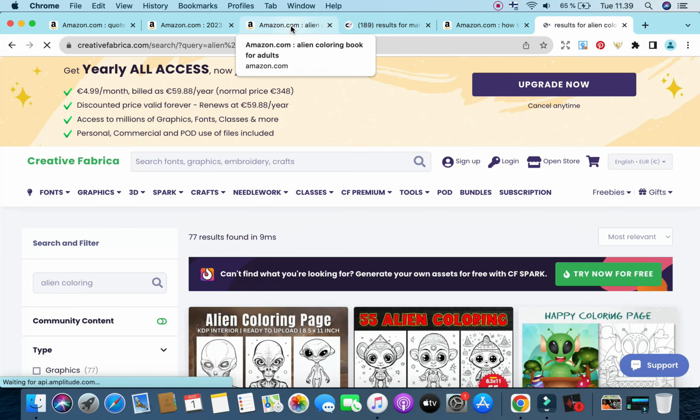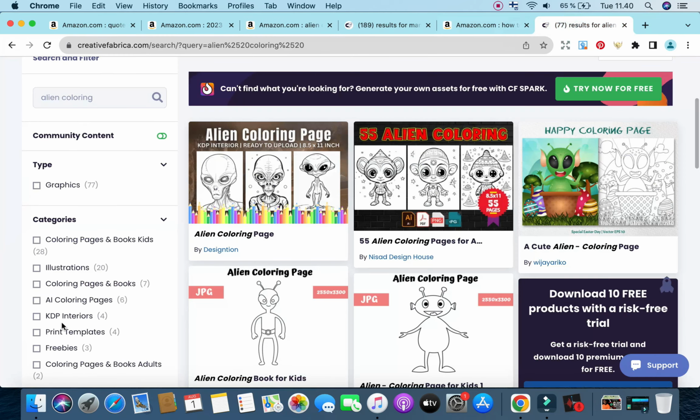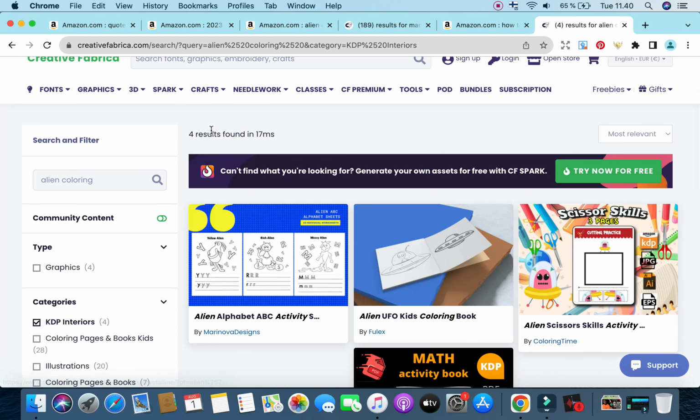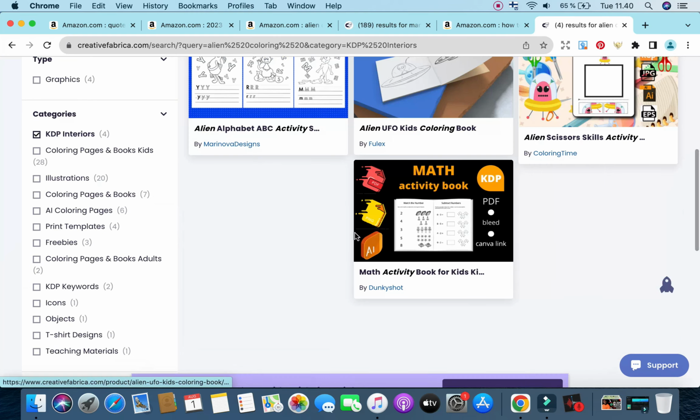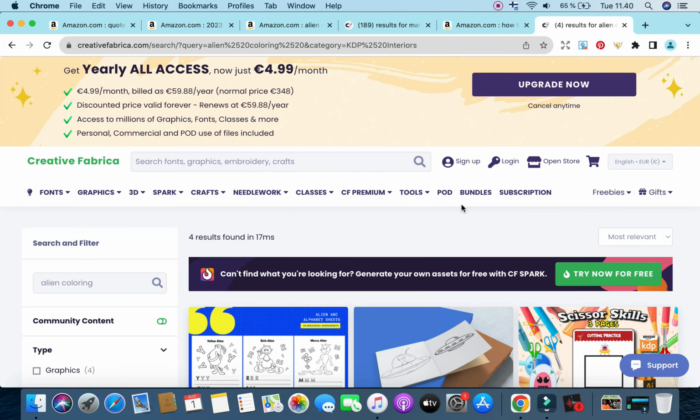Also, I'd like to take this opportunity and search for alien coloring, because we did not do so for the first keyword, which was alien coloring book for adults. And I just want to reveal, for example, when we filter by KDP interiors, we have a total of 4 results. Now, if you're not happy with this, which I'm definitely not, you can go ahead and use their Spark